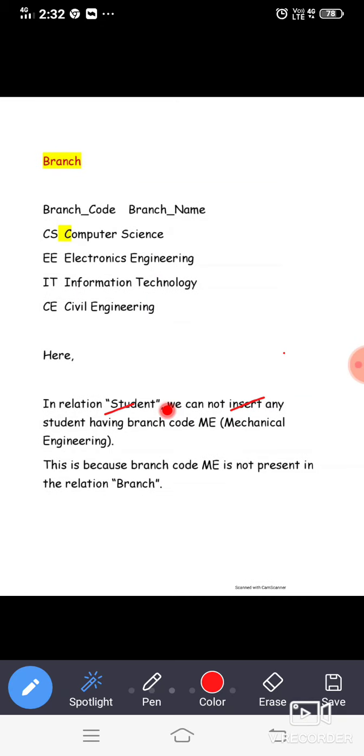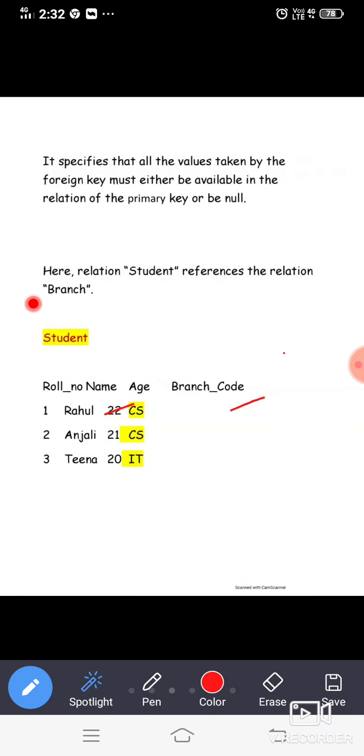See here. Here we have CS, IT is there. But one more extra value is there, that is EC. Now I'm asking the question, can we refer from the first table to the second table? Can we refer from first table to second table or not? See here, here we have the CS and IT.